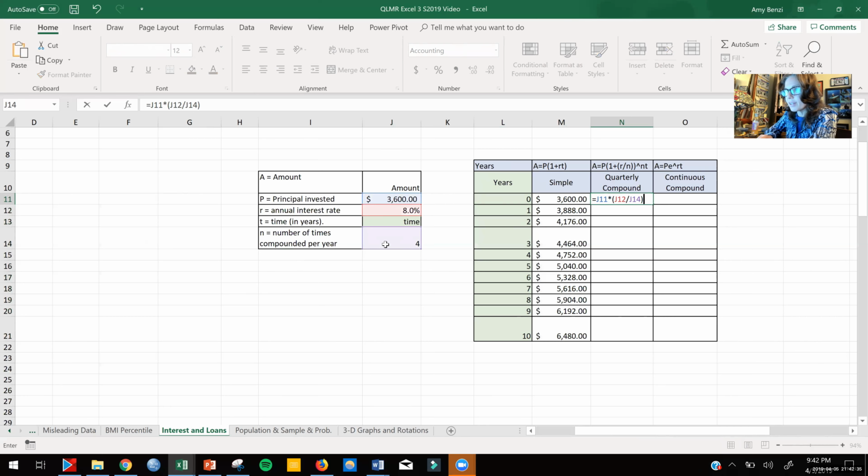And then all of that is going to be raised. Let's see what all gets raised. And I have something missing here. Hopefully you guys saw that. That's 1 plus. All right, so 1 plus rate divided by compound times, all of that is raised to the